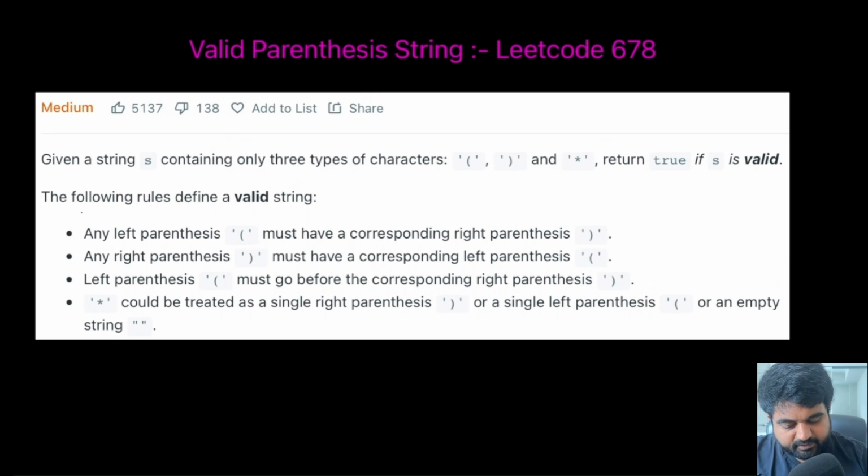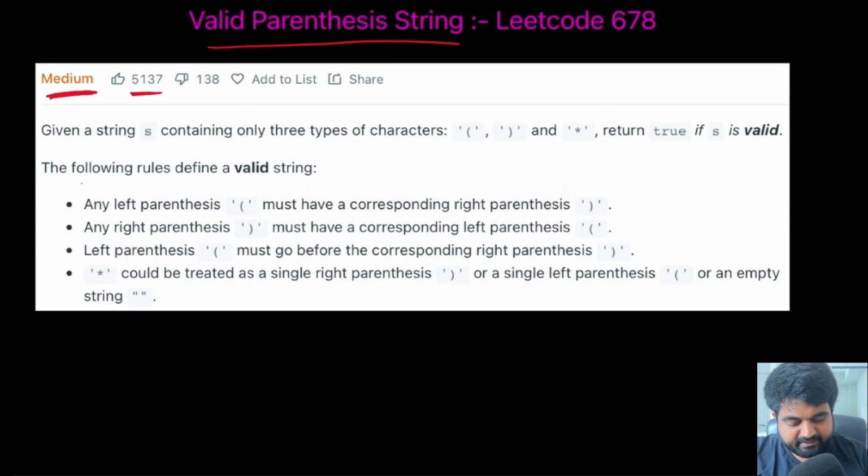So the LeetCode problem we are going to solve now is called valid parentheses string. We can see that this one is a LeetCode medium problem and also a very well-liked problem. Basically, we are given a string S that contains only three types of characters: open parentheses, closed parentheses, and a star. Now we need to return true if the given string is valid, and there are some definitions given on